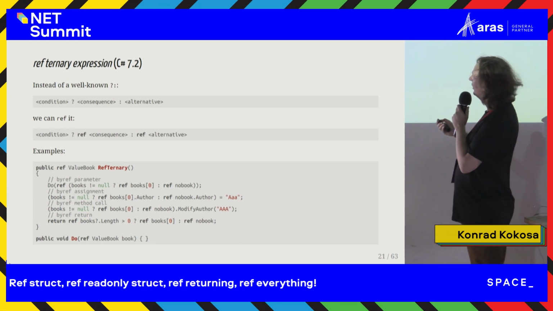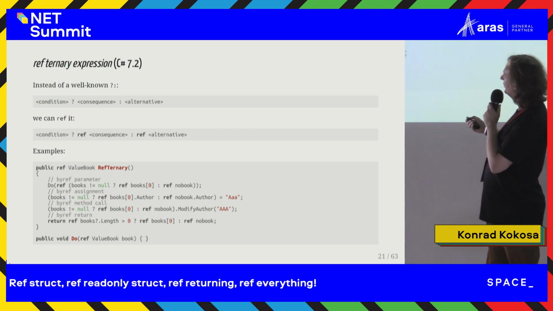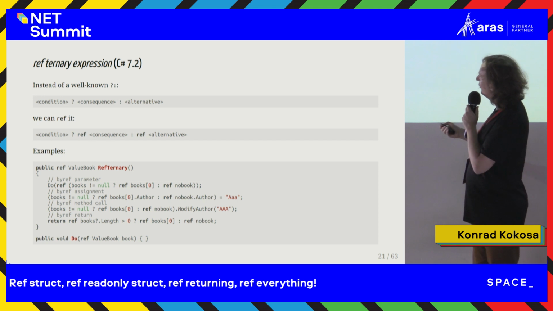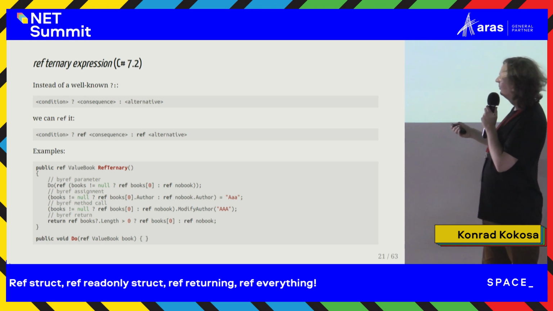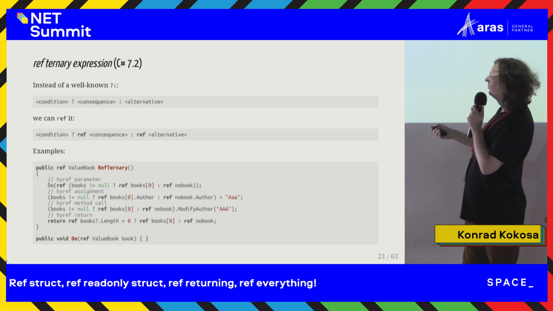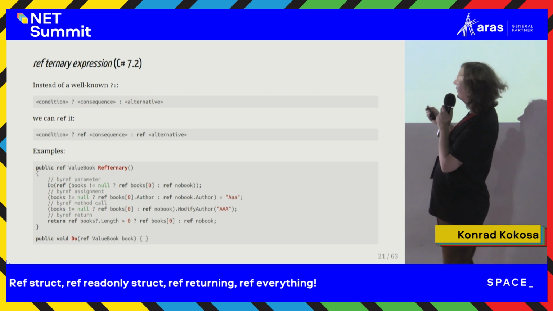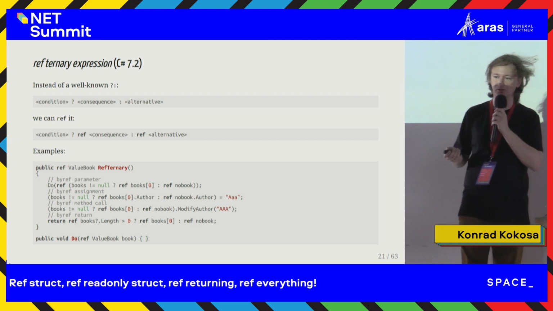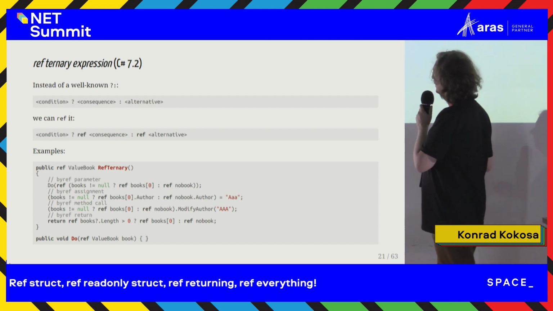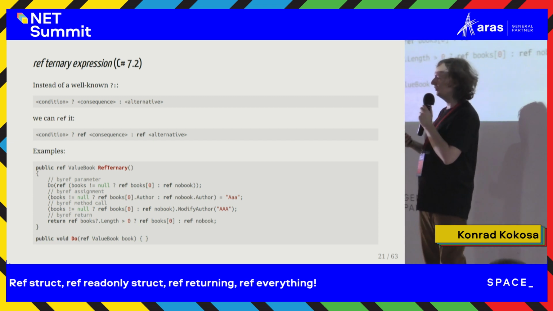For example, you can, of course, pass as a parameter the result of a ref ternary expression. Or you can assign to the result of a ref ternary expression. So the code looks quite strange like that, because this assignment is on the left side and we are just assigning this text to either this one or this field, depending on the condition. It's not a very popular thing, probably. For people using refs a lot,